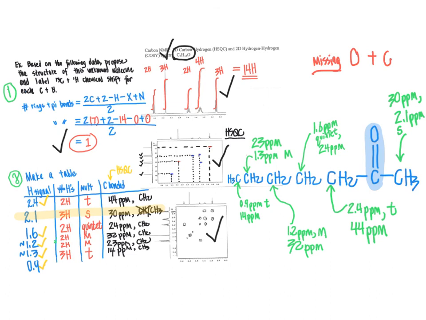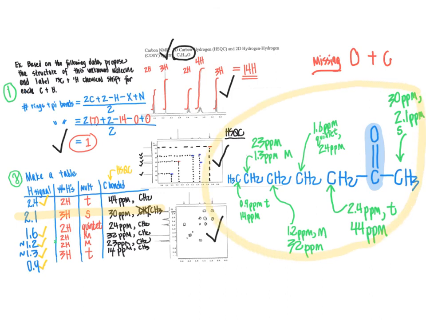So if you have the right structure, all of the parts and pieces will make sense. Everything will add up. Everything will work out. If something is a little bit wrong, flip-flopped, or whatever else can go wrong along the way, there will be one or more pieces of data that just don't really make sense. And that's a time when you have to start doing some trial and error to sort out what you can flip around in order to make things work out. And that's where practice makes perfect. It is kind of like riding a bicycle in that you have to practice at this to get it rolling smoothly. So we have answered the question here of drawing out the chemical structure for this molecule that's represented by these data